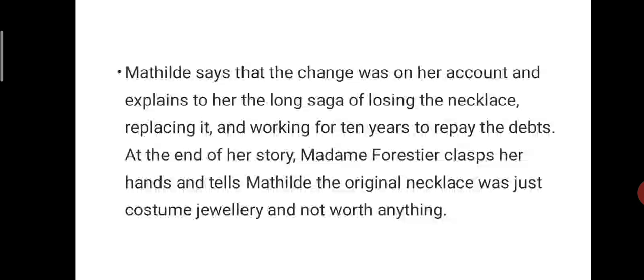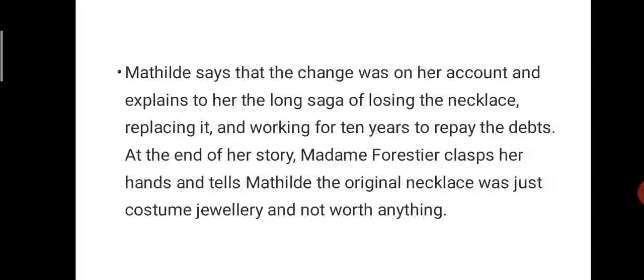See, here we can understand how, because of false pride, she wears that fake necklace, brings back a replacement for the original by taking on so many debts, and how she suffered throughout her life because of that necklace and because of the false pride that made her want to wear a necklace and good clothing for that party.